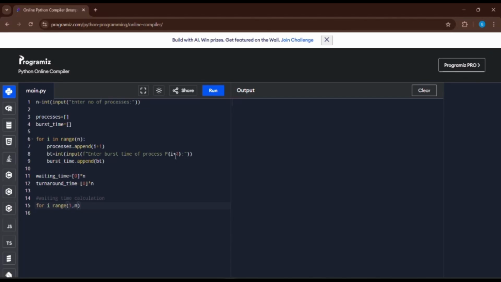We take it, and the waiting time of the particular array will be equal to the waiting time of the before process plus burst time of the previous process. So here the logic is that